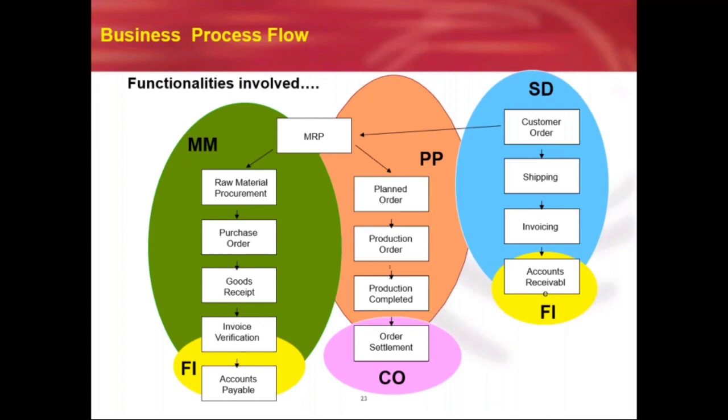So the customer has placed a business order to the company and the company has accepted the customer business order. Then what will be the next level of action done by the company? Suppose they have the stocks of the raw materials, happily go for production planning activities. You produce the finished material, ship the material, receive the payments from the customer. If not, go for purchasing of the raw materials, procure the raw materials, subcomponents, make the stocks available in the company, then start with production, then sales.